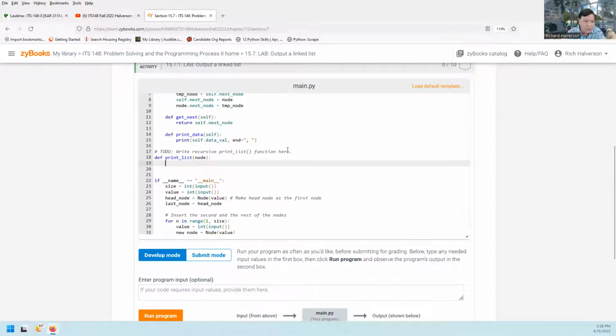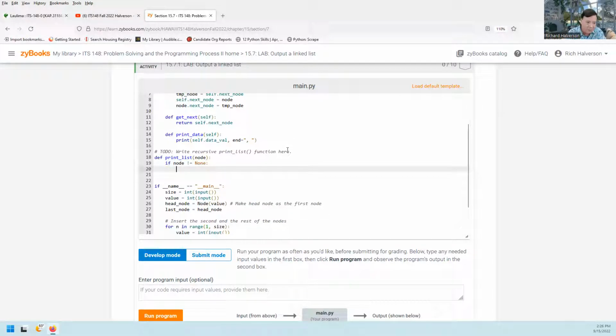So first, let's test to see if node is not equal to none. Empty node is the keyword none. If it is not none, then we should print the data of the node, and then